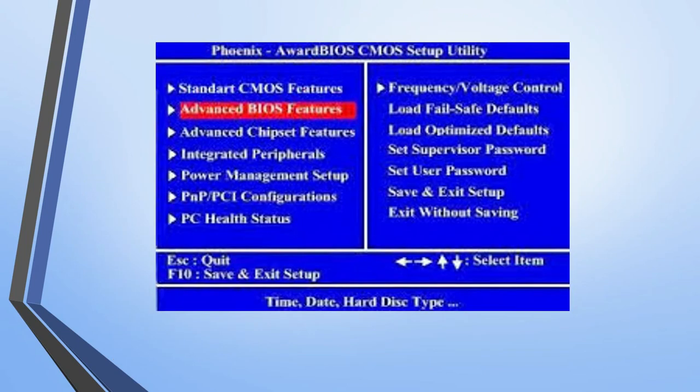Now see, this is the screen. When you go inside the CMOS setup, you will get this type of blue screen with options like standard, advanced chipset, integrated peripherals, and power management, where you are able to set the boot priority, date and time, and change the password, which is called set up user password. These types of options we are able to set.